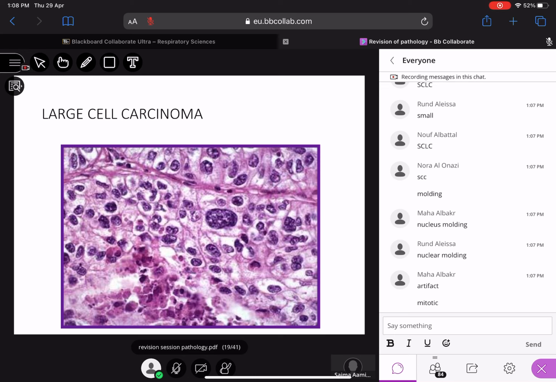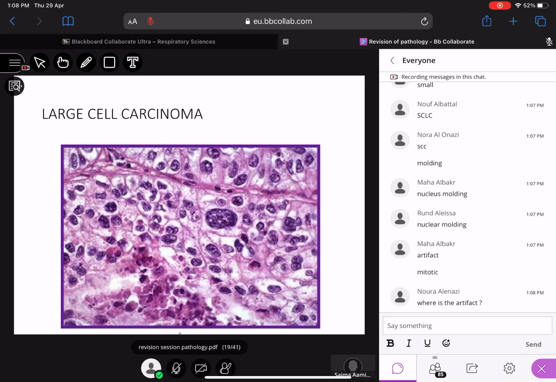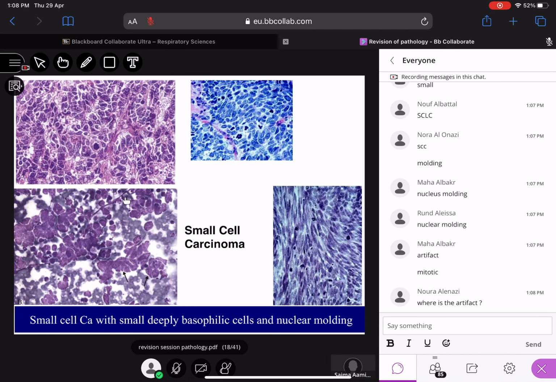You might not have seen this image in the lecture, but I have just incorporated it to show you how the large cell carcinoma appears. Crushing artifact, this one. These threads. Why is this crushing artifact formed? Because these cells are very, very fragile, and there is hardly any cytoplasm, and the nuclei tend to crush when you make slides and when you are cutting the tissues. So this crushing artifact can happen. This is, by the way, a cytology sample, as you are looking only at the cells, not any tissue architecture, and you can see red cells in the background. This is a cytology sample.